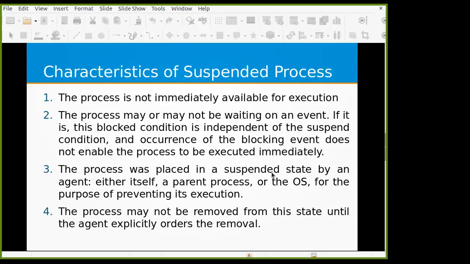The process was placed in a suspended state by an agent. Okay, someone puts this process in the suspended state, and that someone is the agent. And who can it be? Either the process itself, or a parent process, or the OS, for the purpose of preventing its execution. Sometimes the process itself can put itself into the suspended state. This is interesting. Some processes need to execute periodically, let's say, to check the performance or to analyze something. So there are some processes which are called monitor processes or accounting processes,